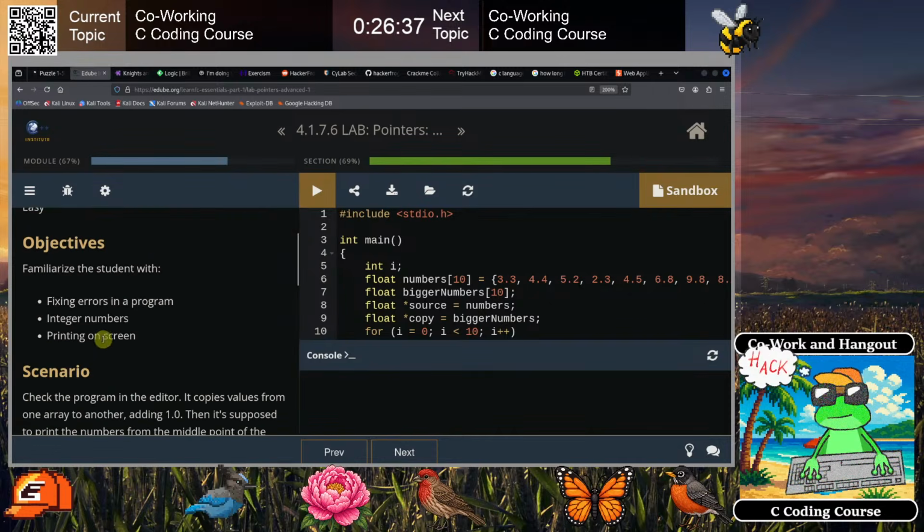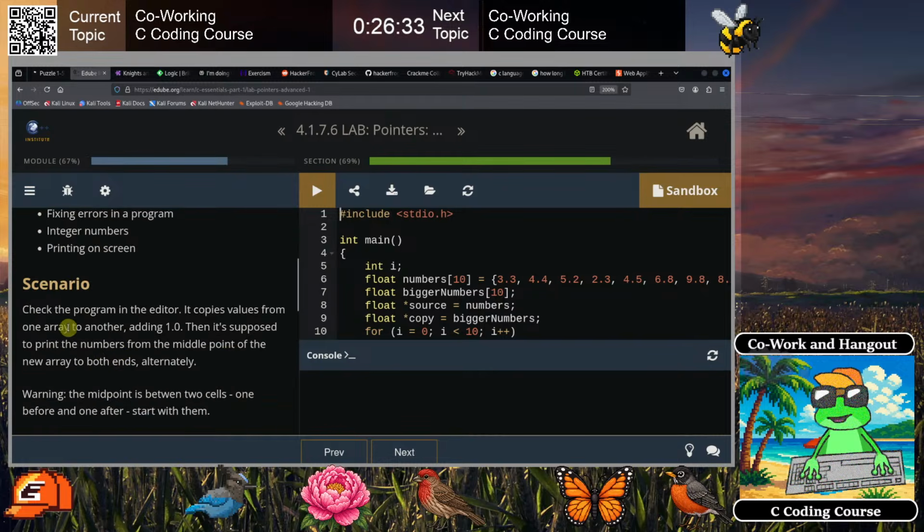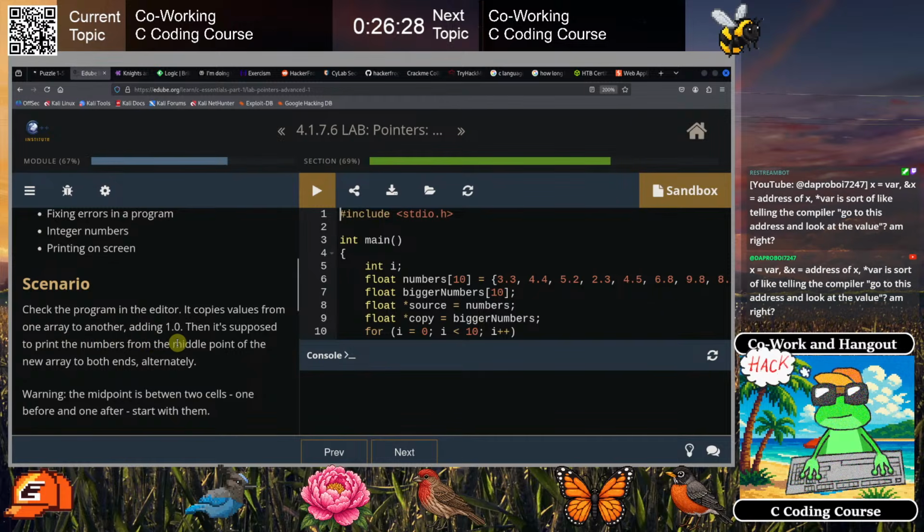Okay, so familiarize the student with fixing errors in the program, integer numbers, printing on screen. So check the program in the editor. It copies values from one array to another, adding 1.0. Okay. ProBoy says